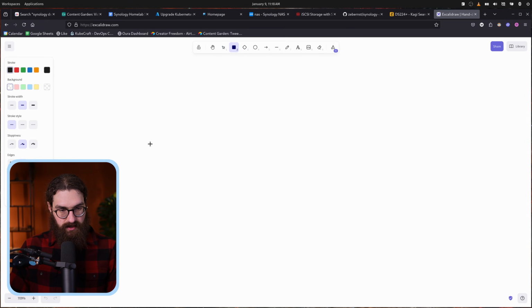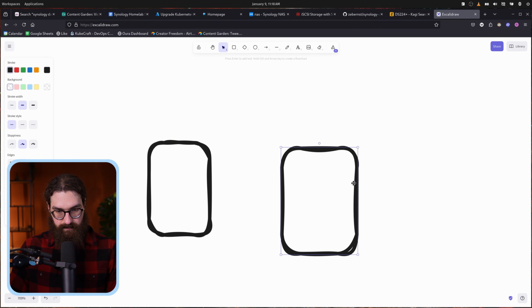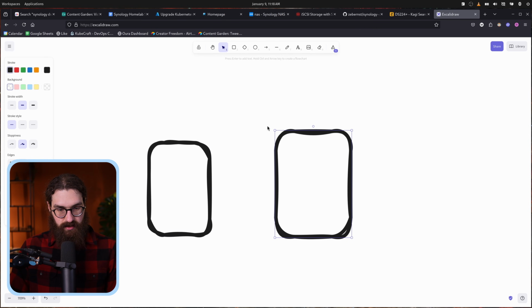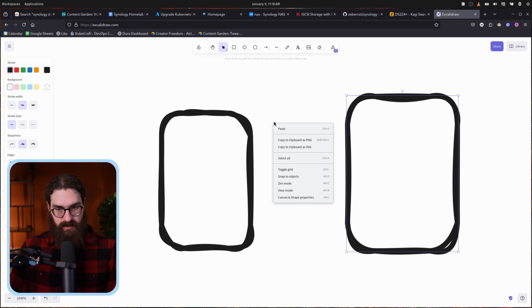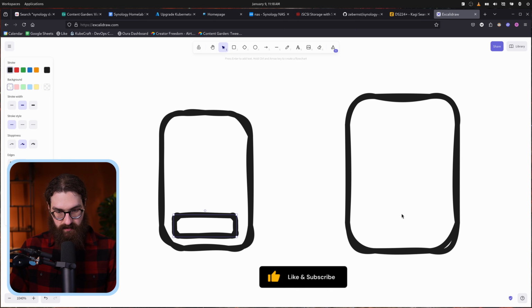If my storage then is bound to that node with local path, then I am not able to reschedule the pods that are on that node to a different node. If I have my nodes here, this is one node, this is the second node, then the storage that I'm using is actually attached to the node itself. And if I then have a few pods on here,